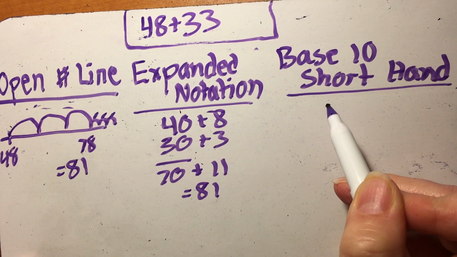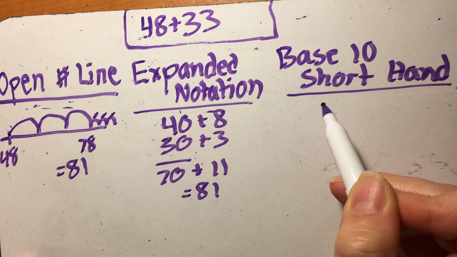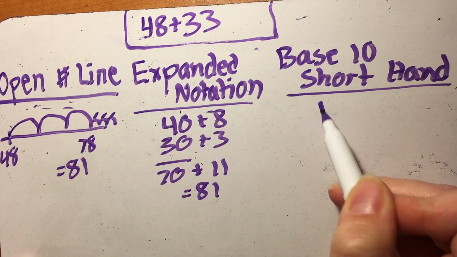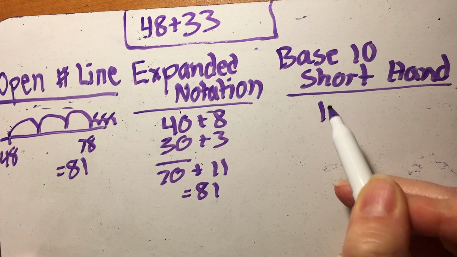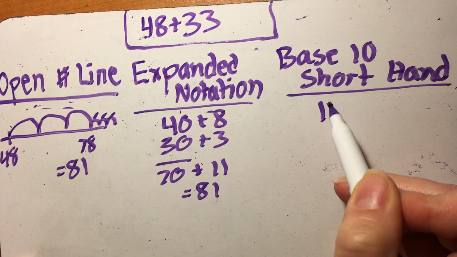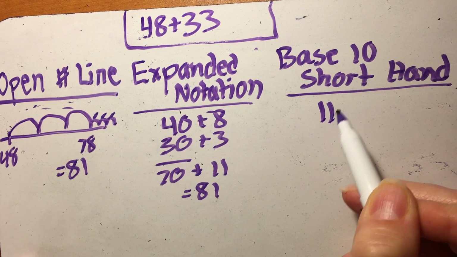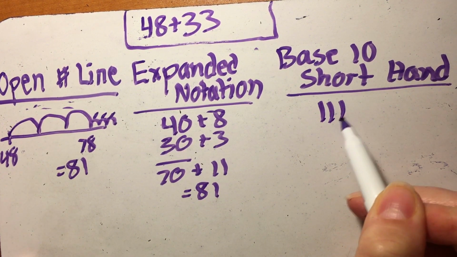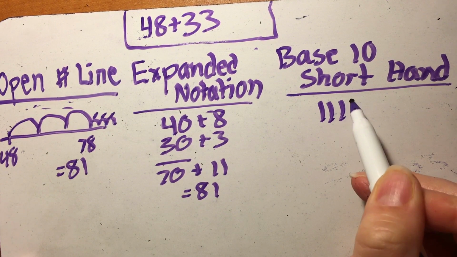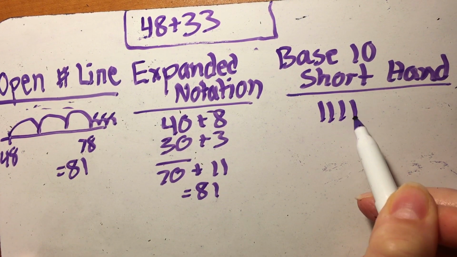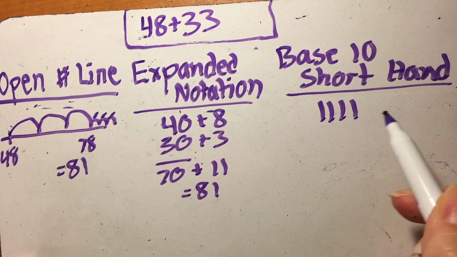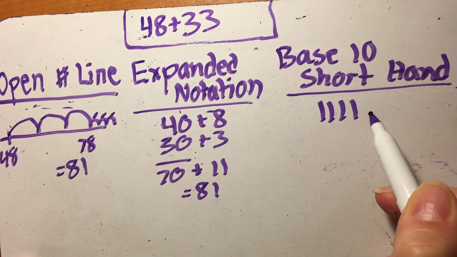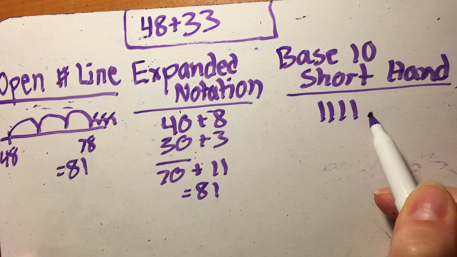It's hard for me to watch this video going slow. And then finally is base 10 shorthand, which is actually where we started, because we started with manipulatives. If you've ever seen us using the tens and ones little blocks. And we do that just to kind of give them a better visual, that if you put 10 little ones together, you'll have 10. And what I'm drawing right now is tens, and I'm drawing 4 of them to represent 40. So it went 10, 20, 30, 40,